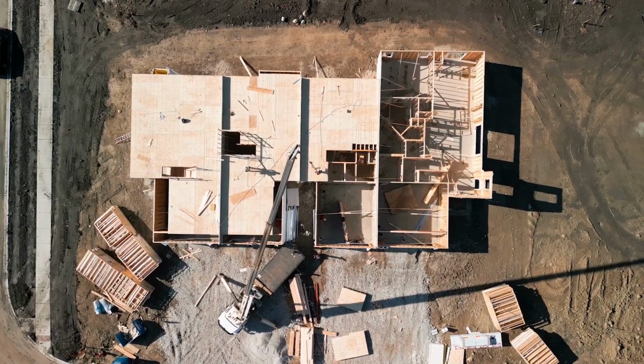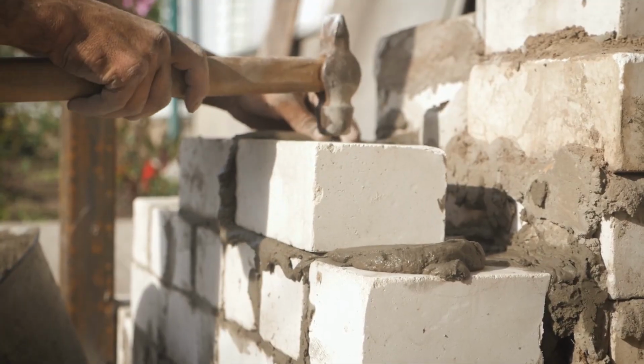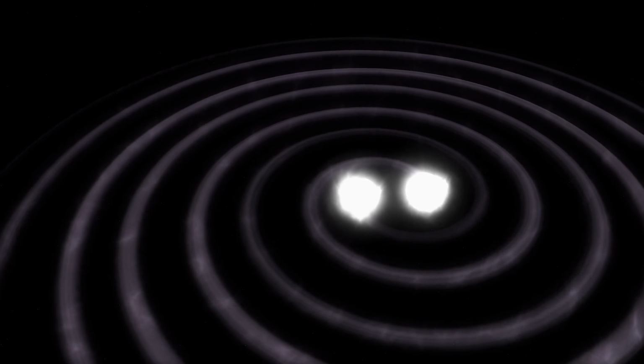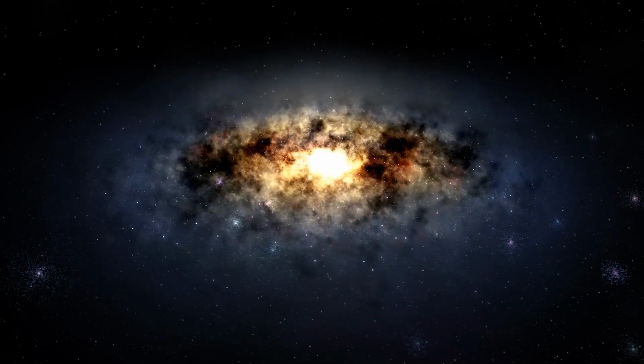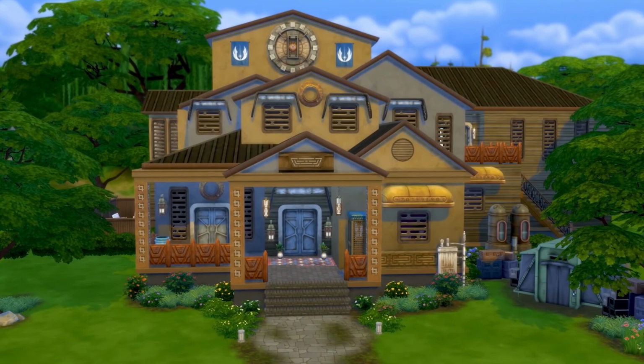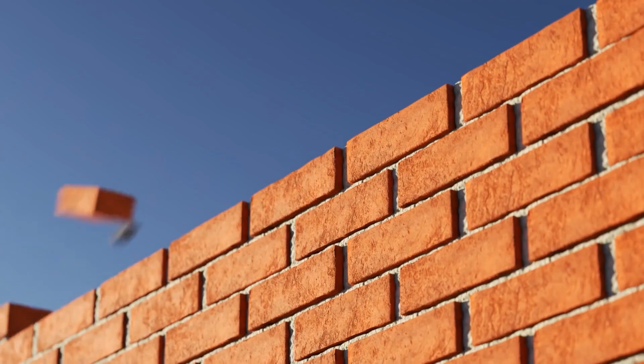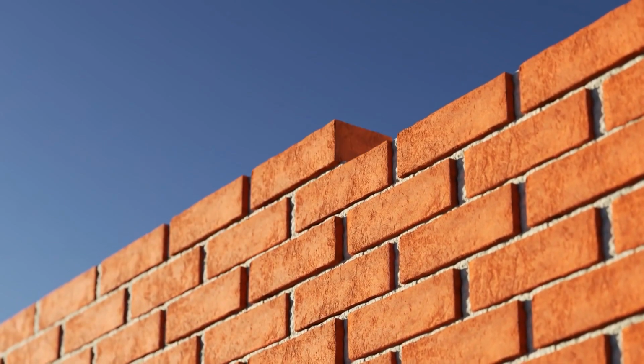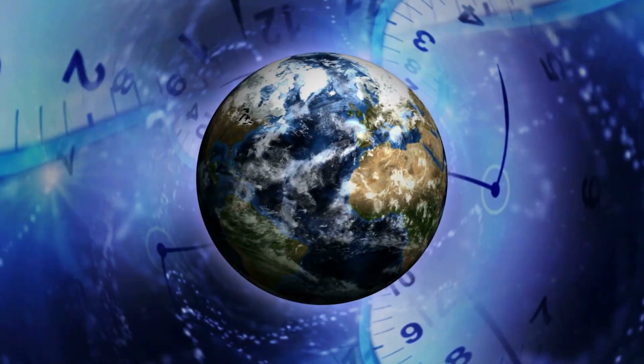Good news for you is creating a universe is relatively simple. In theory, it's not much different from building a house. We can break down the process into two parts: the structure of space-time and the universe's matter content. Choosing the structure of space-time is kind of like deciding how many rooms your house will have, where the structural beams will go, and if any hallway will allow for time travel.